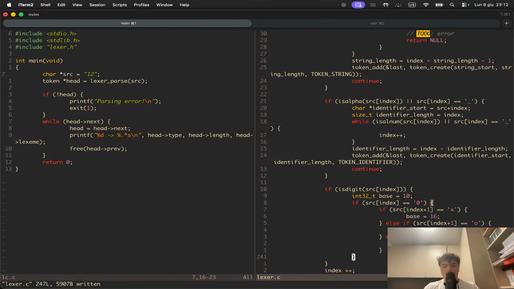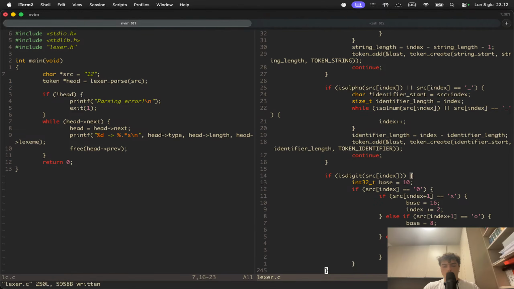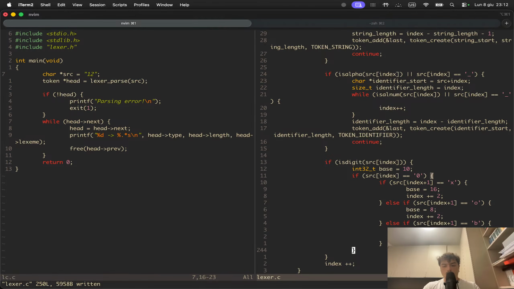Okay. And index plus equals 2. So here we are recognizing the base of the integer we are parsing, and then